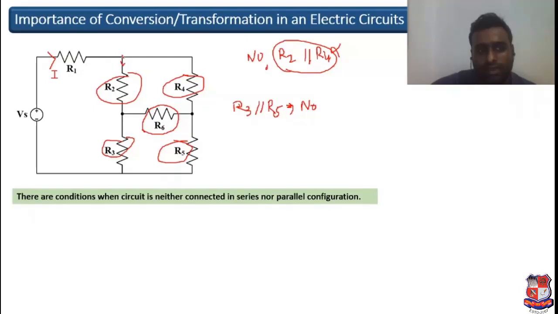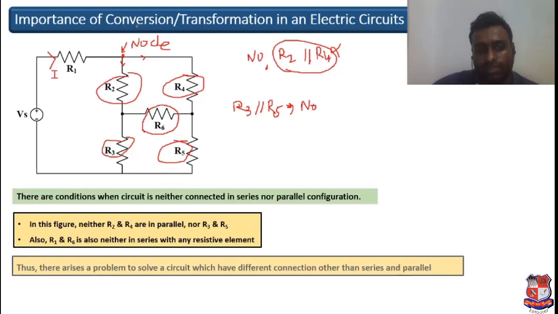This will get divided at this node. Okay, this is a node point. Whenever there are two points meeting, that can be called a node. So at this node, current gets divided, and hence a circuit where current is not the same cannot be said to be in series. So this is neither connected in series nor in parallel.